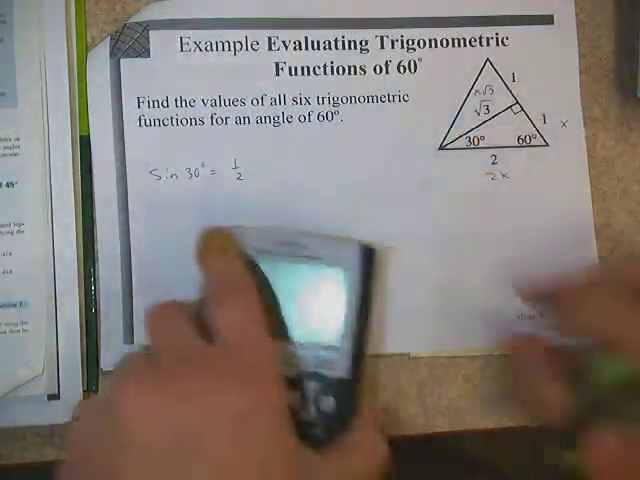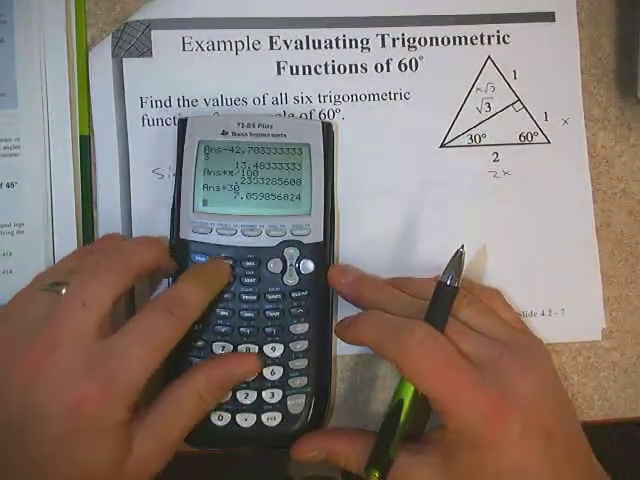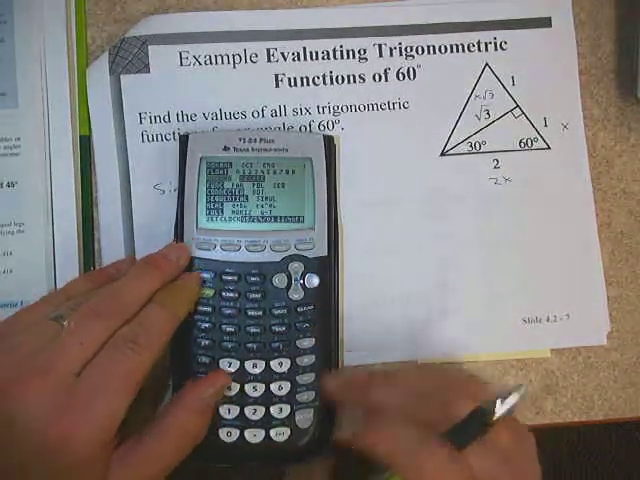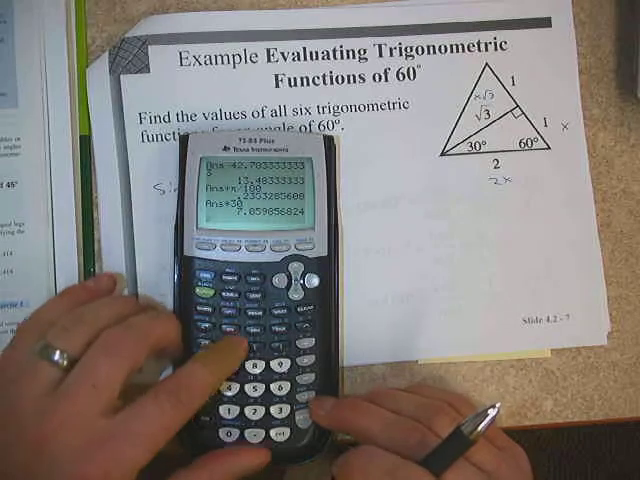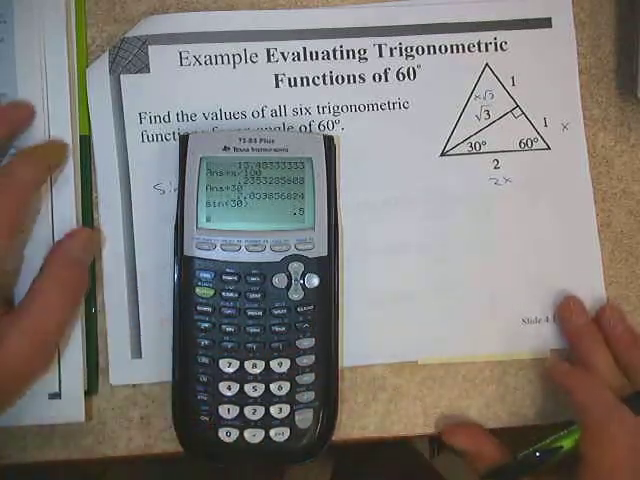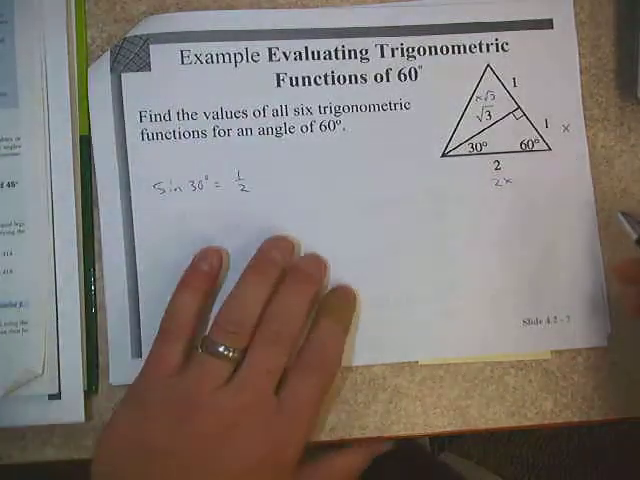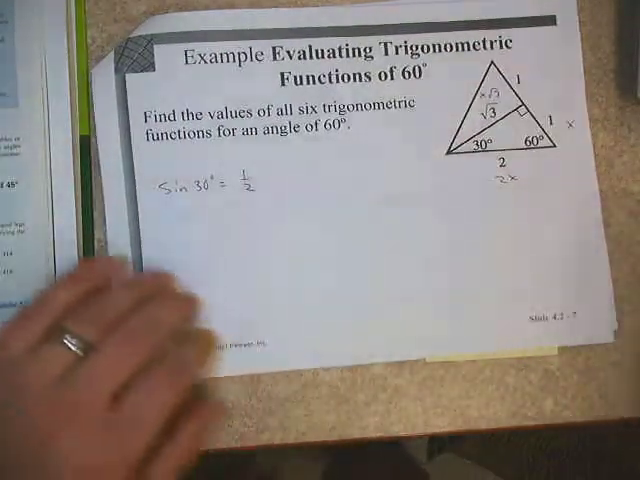Okay. So let's look at 30. 30 is right here. 30's opposite would be 1, and the hypotenuse would be 2. So therefore the sine of 30 would be 1/2. And this is one that's pretty easily checked with your calculator if you make sure you're in degree mode, which